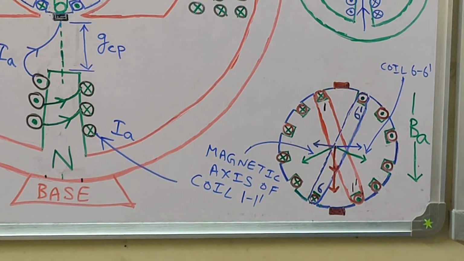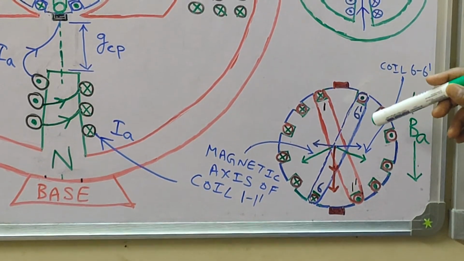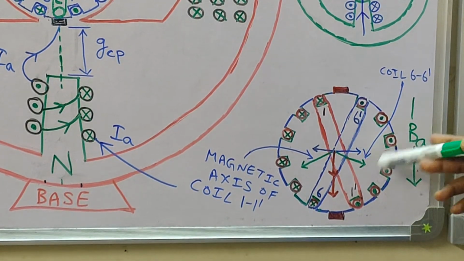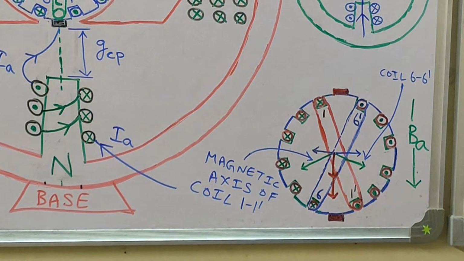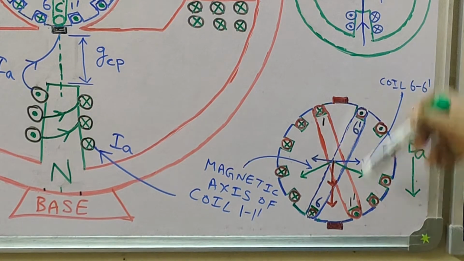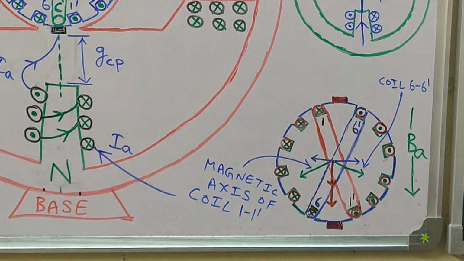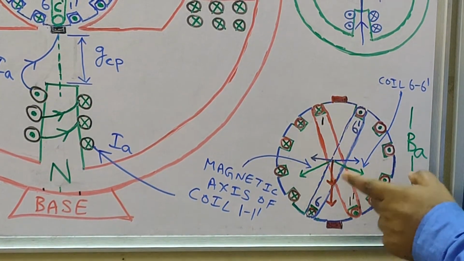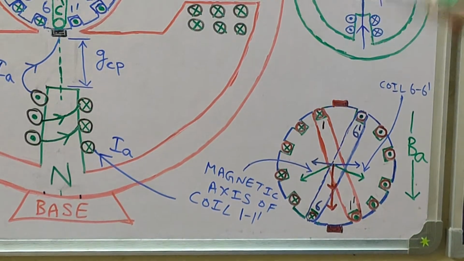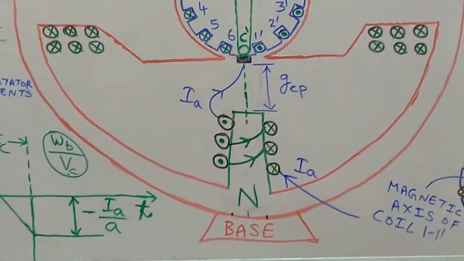So for the remaining 4 coils, if you again find out the magnetic axis and resolve the MMF axis along two axes, namely horizontal axis and vertical axis, you will find that the horizontal component is getting cancelled out for all the 6 coils. On the other hand, the vertical component will get added up for all the 6 coils. So we conclude that the magnetic axis of the armature winding is directed downwards like this, FA. Okay, so now we have made ourselves more or less familiar with the orientation of the magnetic flux